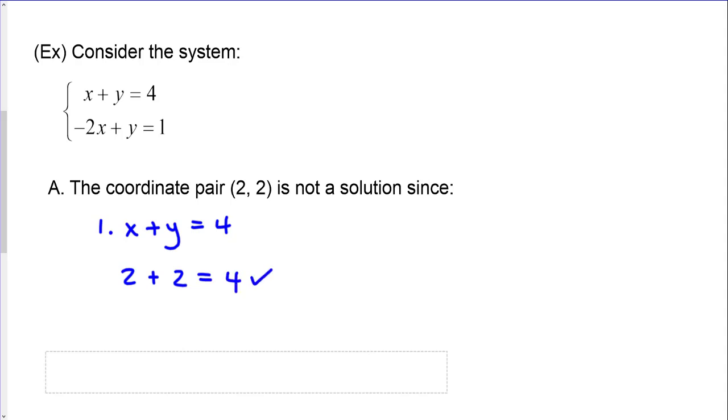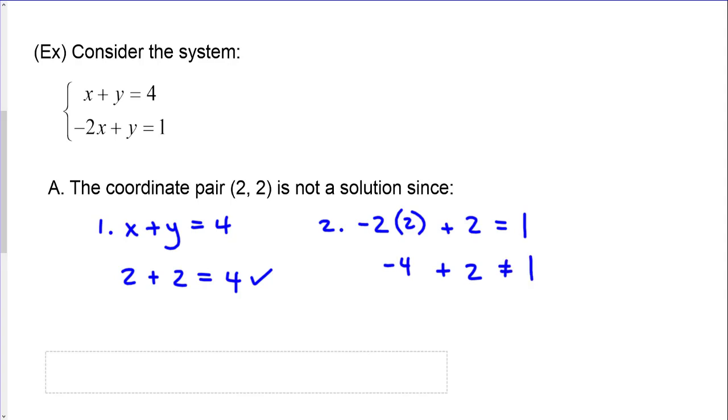So it is a solution to the first equation. But when I plug it into the second equation, negative 2 times 2 plus 2 equals 1? Negative 2 times 2 is negative 4, plus 2,